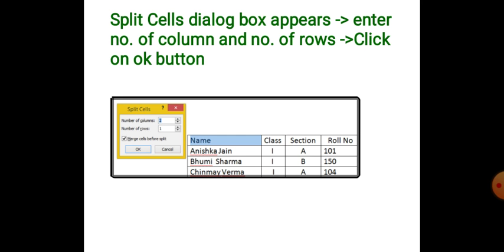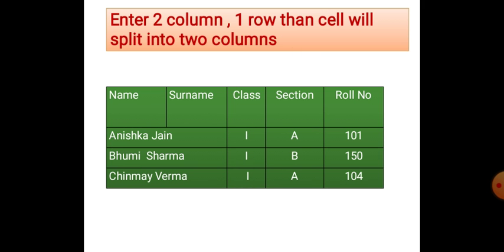When we click on the split cell option, it asks how many columns and how many rows we want in our cell. As we want to divide the cell horizontally, we will choose number of columns 2 and number of rows 1, and then click on the OK button. This is our choice. As we have entered 2 columns and 1 row, the cell is divided into 2 columns and a single row. So this way we have split the cell horizontally.